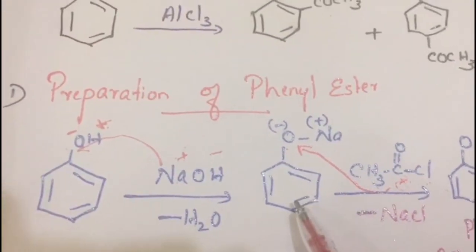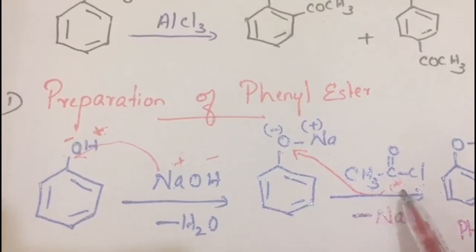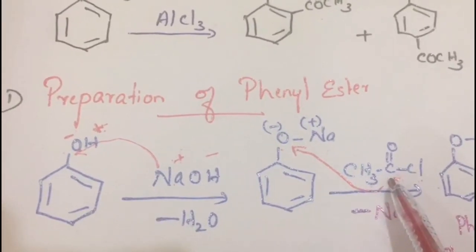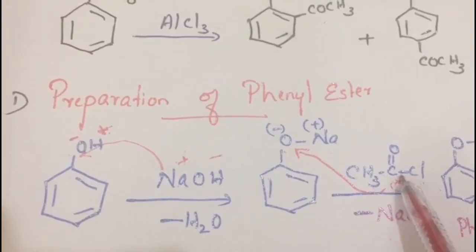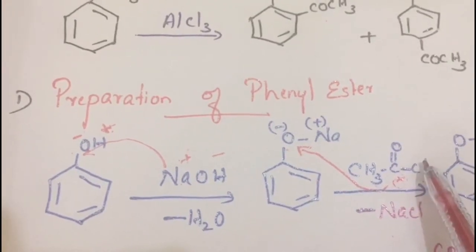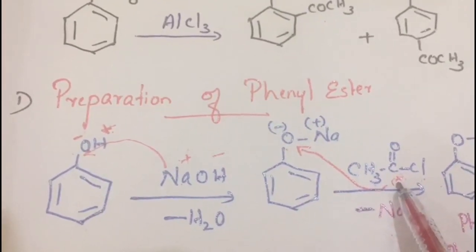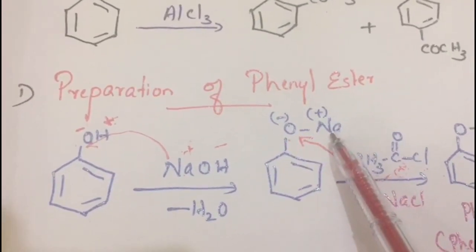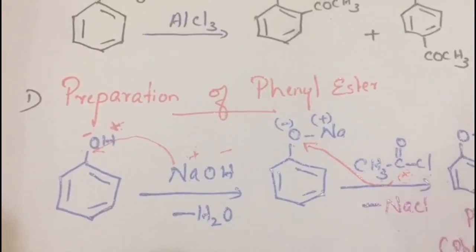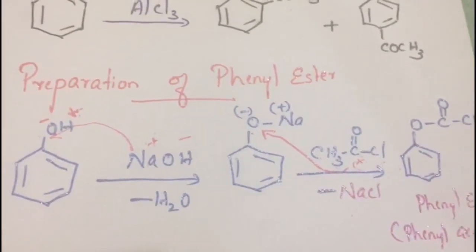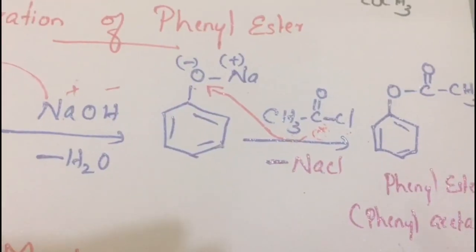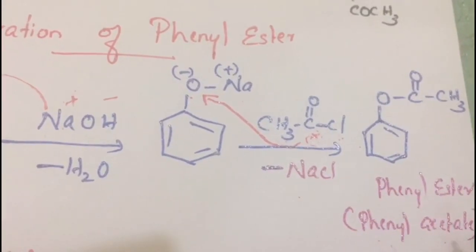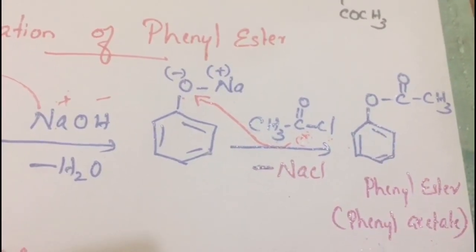Here you see this sodium phenoxide on treatment with acetyl chloride. Chlorine and oxygen are electronegative, so this carbon has partial positive character. This chlorine takes the electrons from the bond and leaves as Cl minus. This carbon acquires positive charge and that will be attacked by this O minus ion. This Na plus will take this Cl minus and form NaCl. So the product formed is an ester, also known as phenyl acetate. This is the starting material for the Fry's rearrangement.